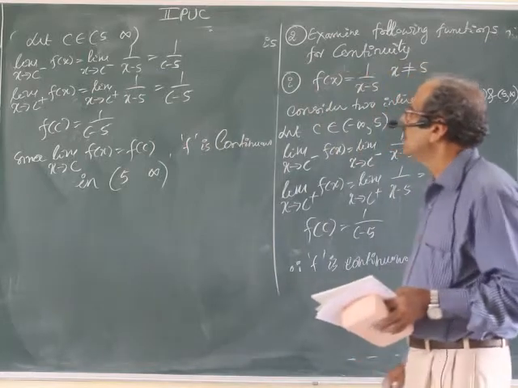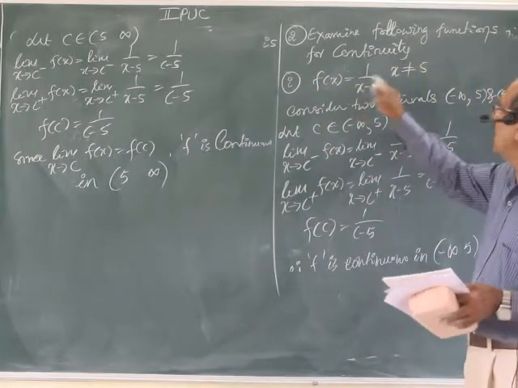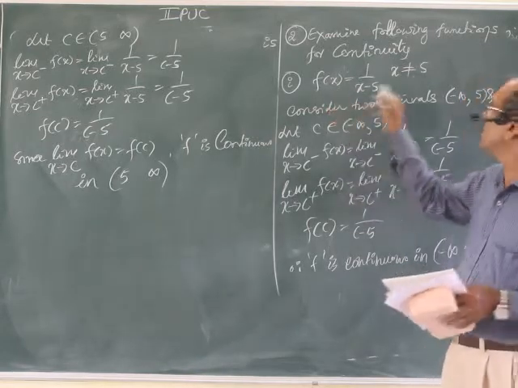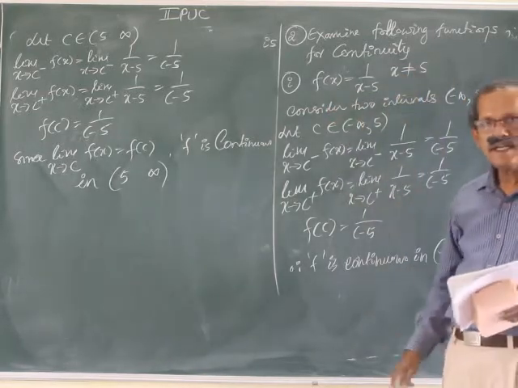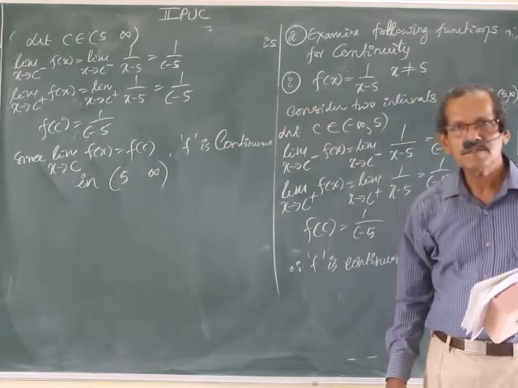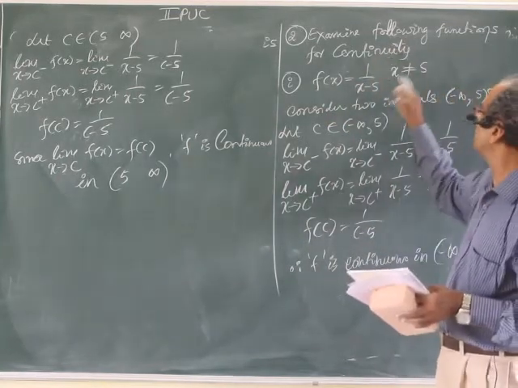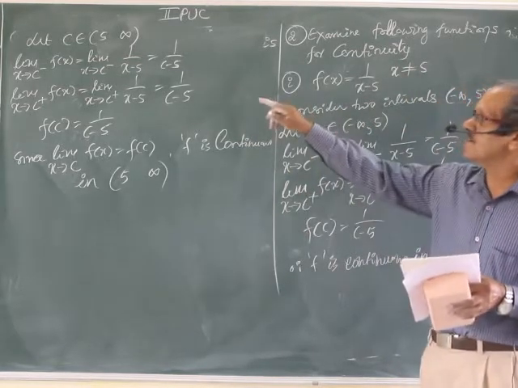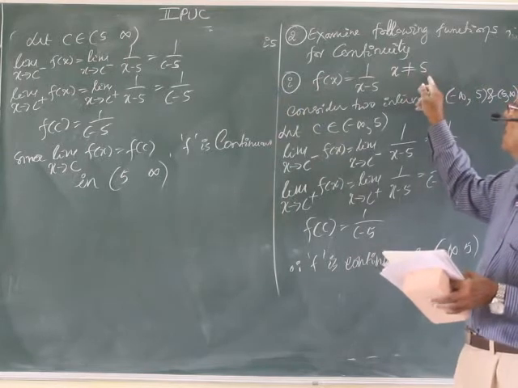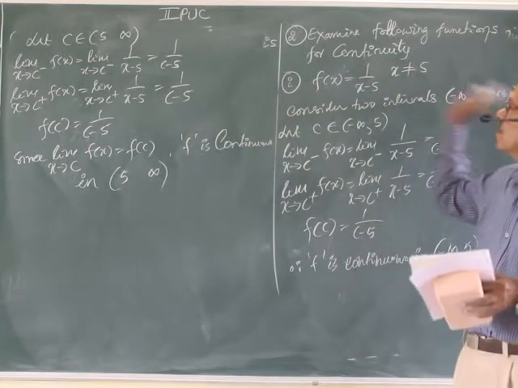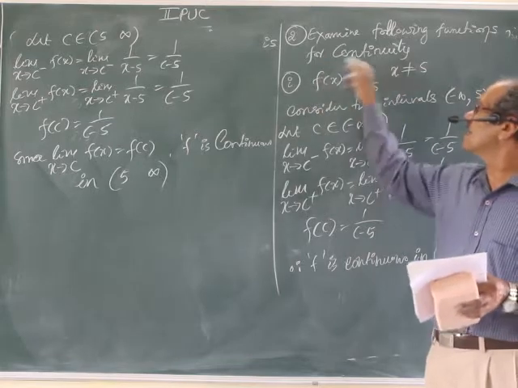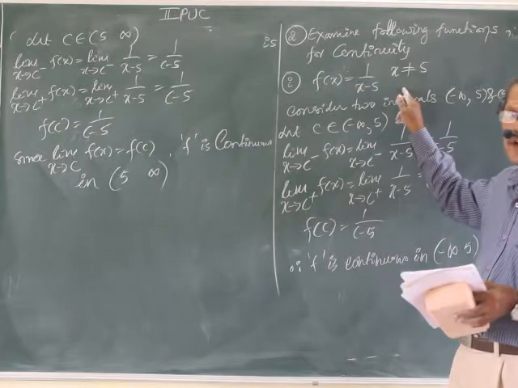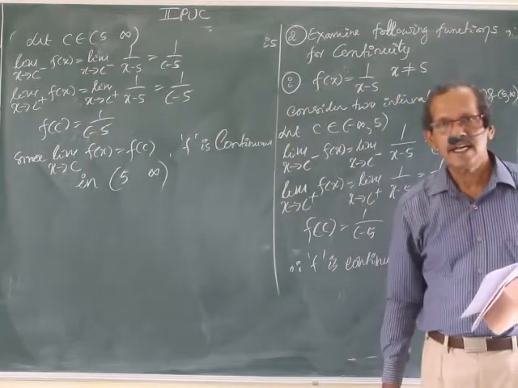The problem is, what about the function at x equal to 5? No need of verifying that one. Why? Because it is excluded. They have not at all given x equal to 5. In the entire domain, there is no 5 at all. In the domain of definition of the function, there is no 5. X must not be equal to 5. Then whether the function is continuous, yes, it is clear. Only it is discontinuous at x equal to 5, but that x equal to 5 is excluded.